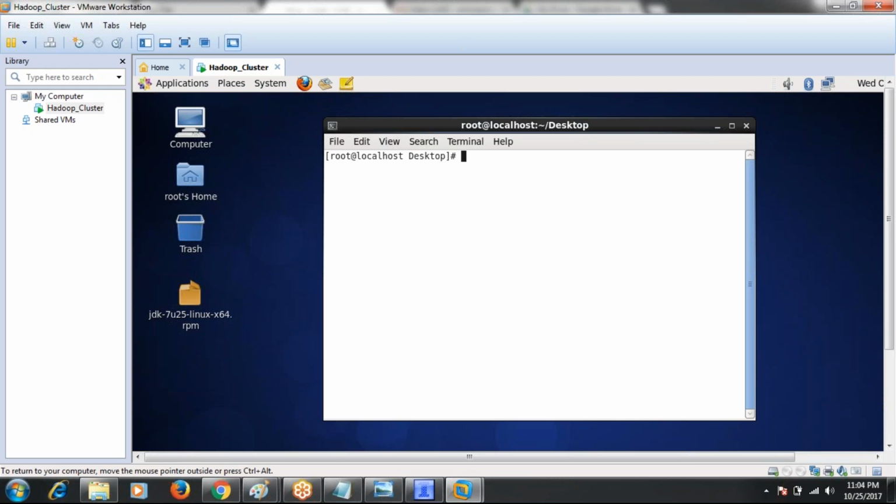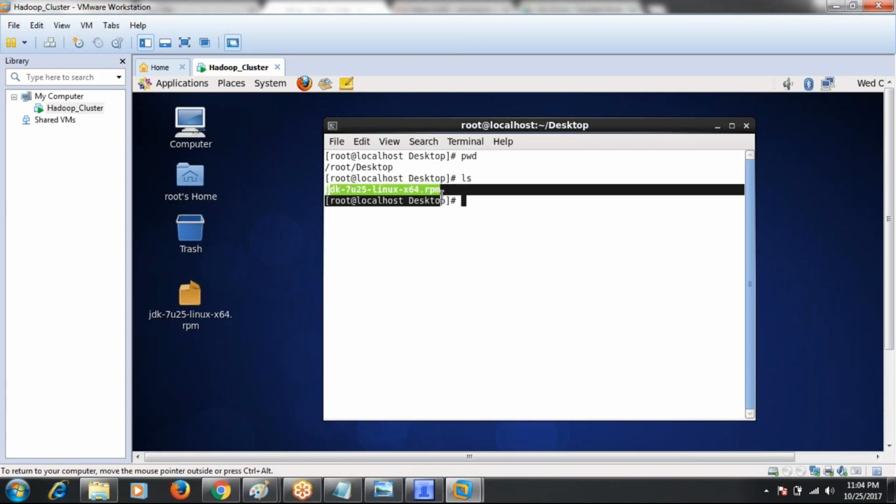Type pwd, present working directory. Presently we are in the root desktop. If you want to show the list of files in the desktop, type ls. In the desktop we have only the JDK file. ls means list.